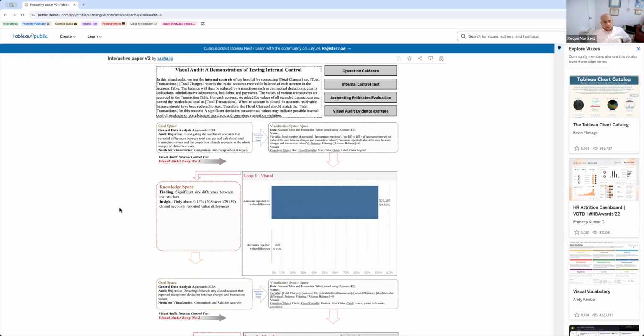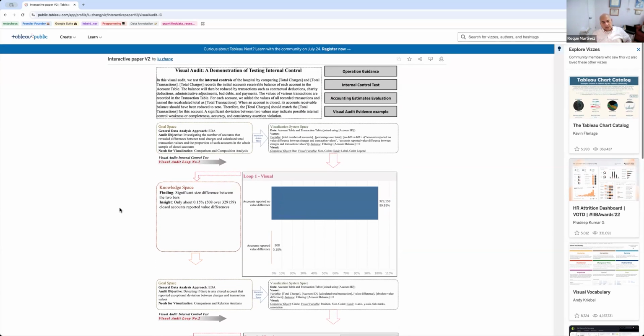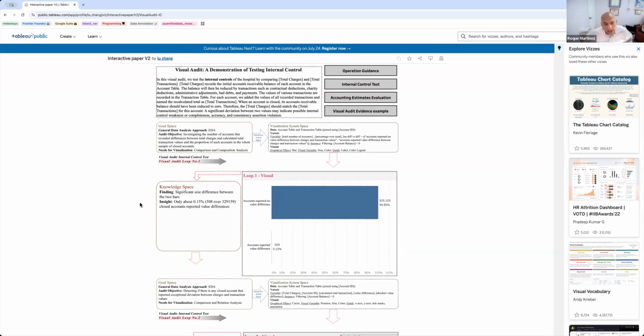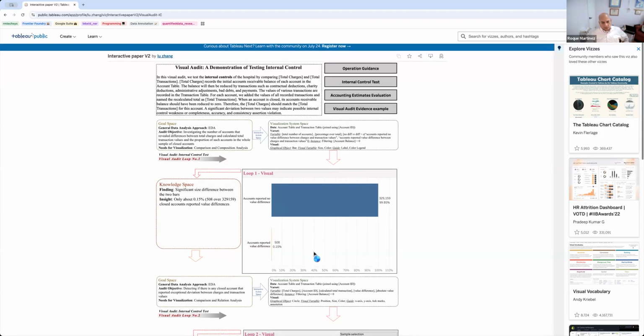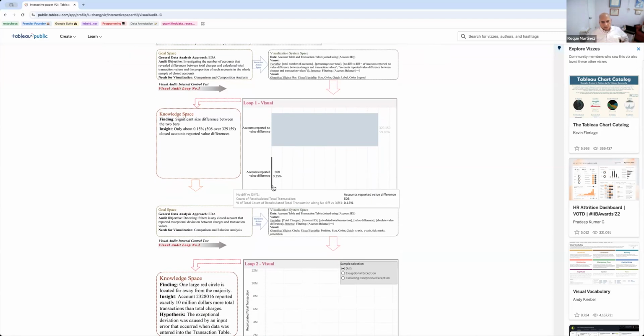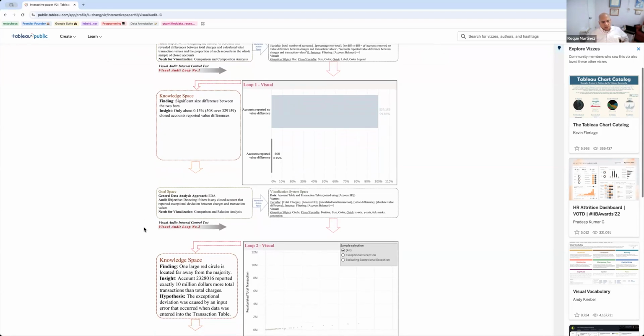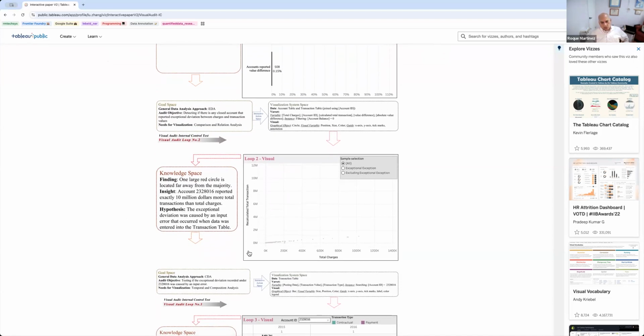So just off the bat, I've never been an auditor, but I've done data, and it would be very easy to say, okay, we don't have to worry about those necessarily. Maybe we start here looking at these, and look at where the issues were. And so then you could actually see some of those accounts, I think. Yeah, there you go. And then you use that information. So that goal space goes in again to the next loop, which